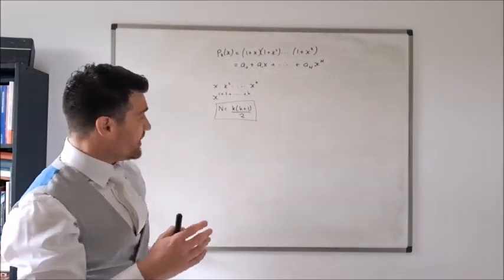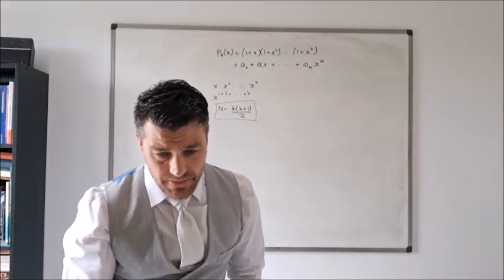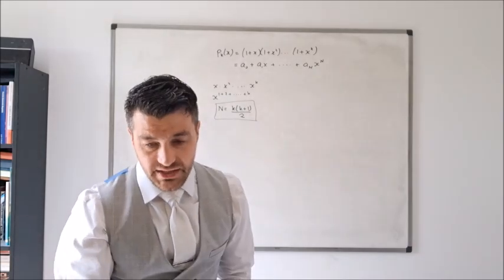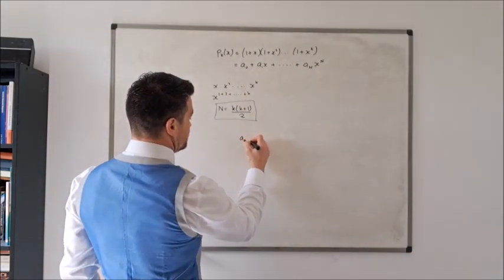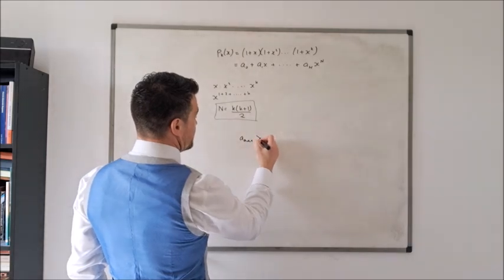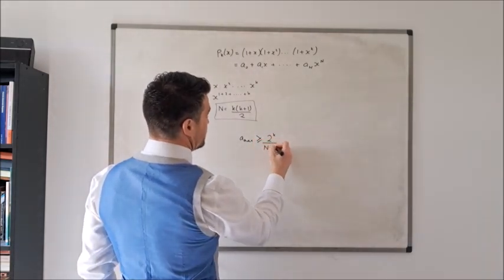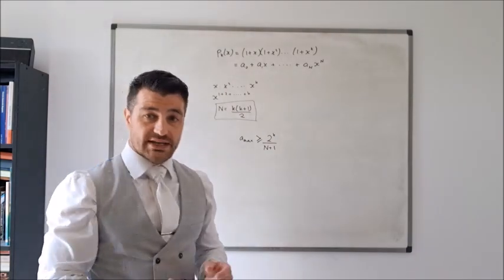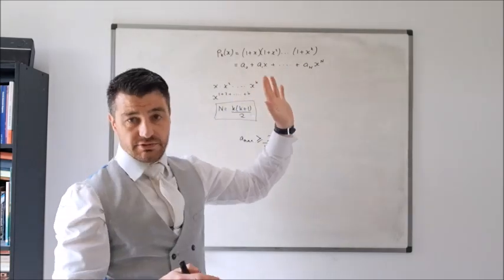Okay, so that's the first part done. Nice and easy. Second part: by setting x equal to 1 or otherwise, explain why A max is greater than or equal to 2 to the power of k over n plus 1, where A max is the greatest value coefficient. So because we've got a finite number of coefficients,